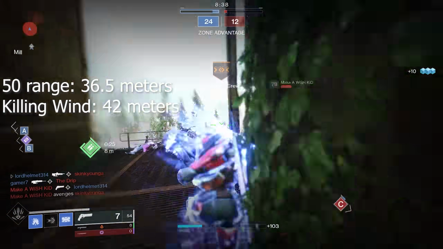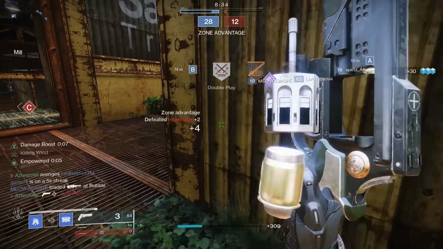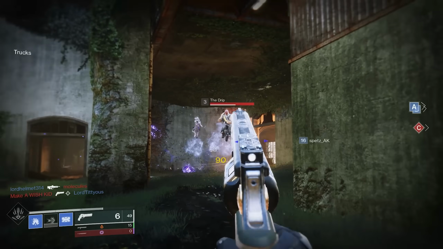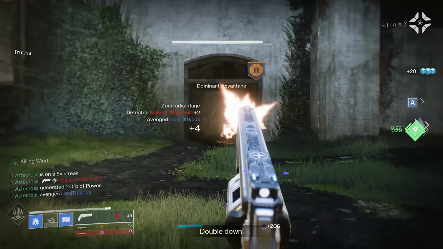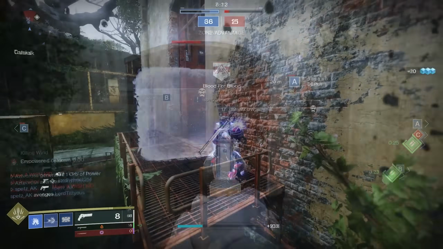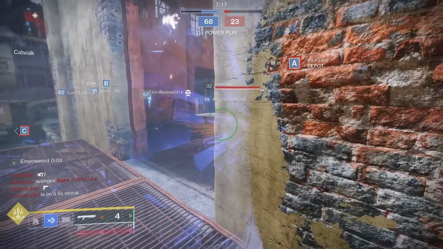I think the question for Iron Gaze is whether or not it's worth using over Iron Grip, over Swashbuckler, etc. My answer to that is it was a noticeable increase in aim assist for controller players, but you are killing your range quite a bit. And I think the only way you can really make it work is if you are pairing Killing Wind alongside Iron Gaze. Although I will say 35 to 36 meters, depending on whether or not you have a ranged masterwork,